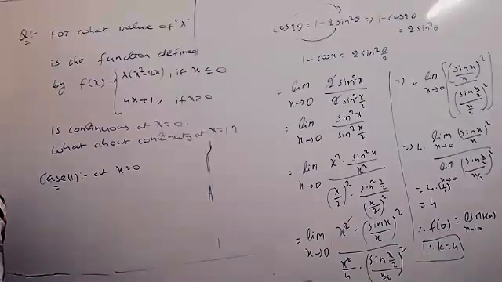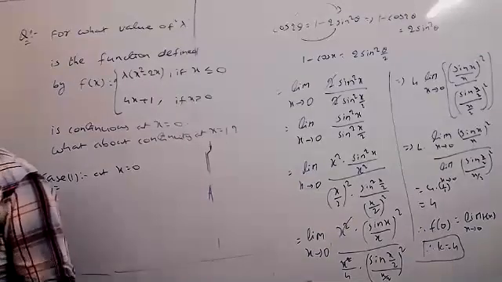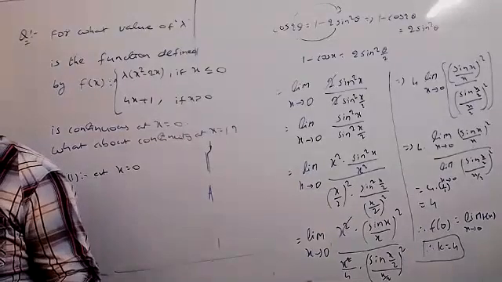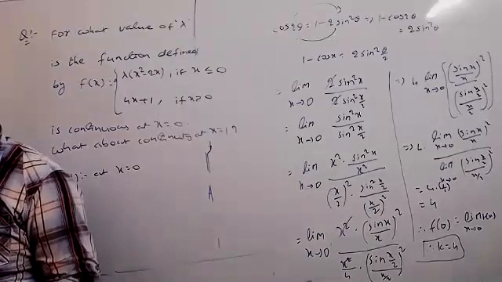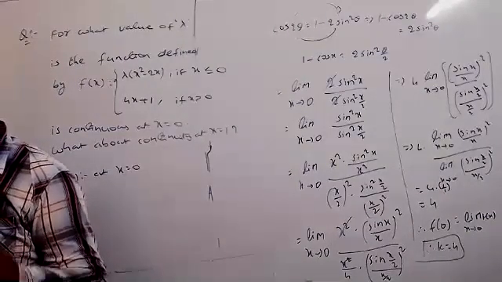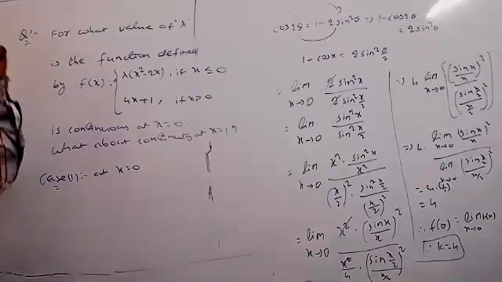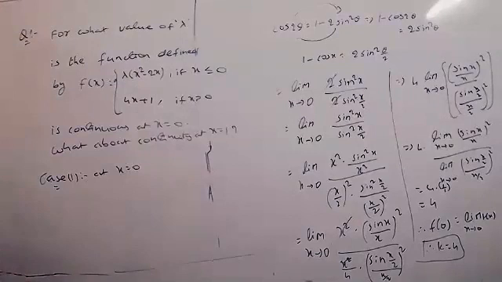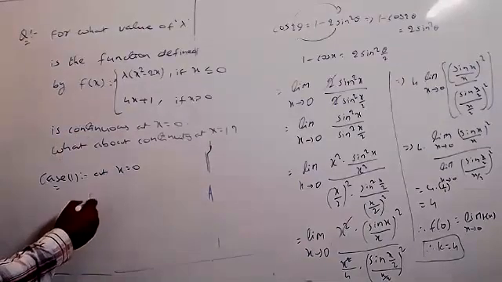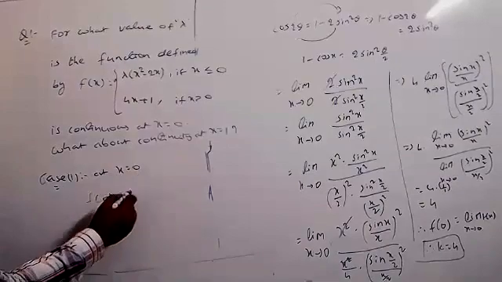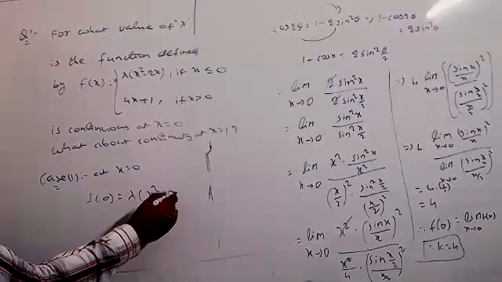The function f is continuous at x equal to 0. But don't write any real numbers here. You can write the statement: there is no value of lambda, the function f of x is continuous at x equal to 0. That means when the given function f of x is continuous at x equal to 0, we don't have any lambda value. That's all. So f of 0 equal to, what is the condition we have? Lambda into x square minus 2x.